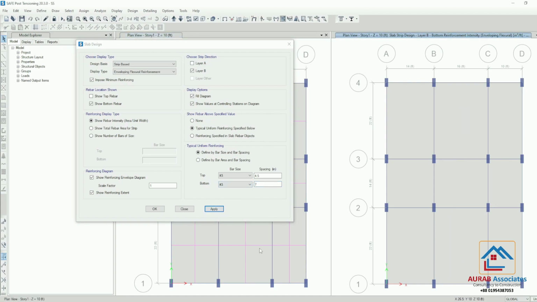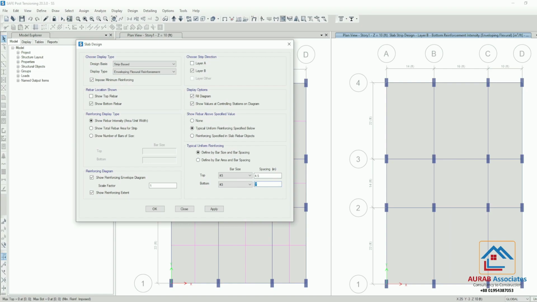But what will be the final detailing? Here we can go for similarly 5 inch center to center alternate crank, or we can go for 6 inch center to center alternate crank, or, okay, no, sorry, here we can't go for 6 or 7. Basically here bottom reinforcement requirement at support zone is 7, right? So we have to go for 3.5 inch center to center spacing of the bottom bar.